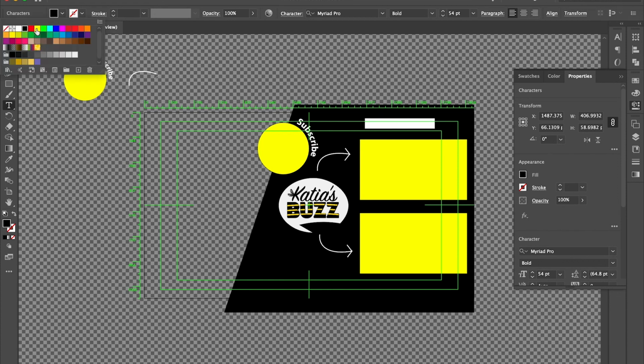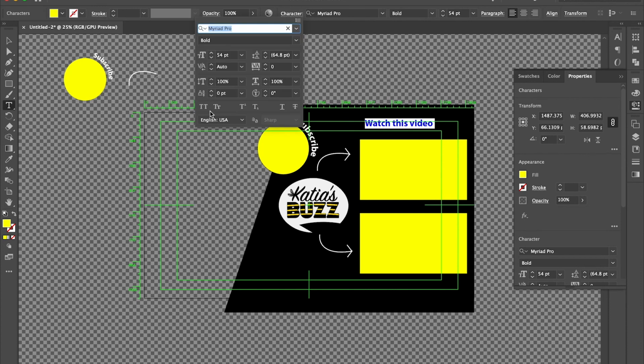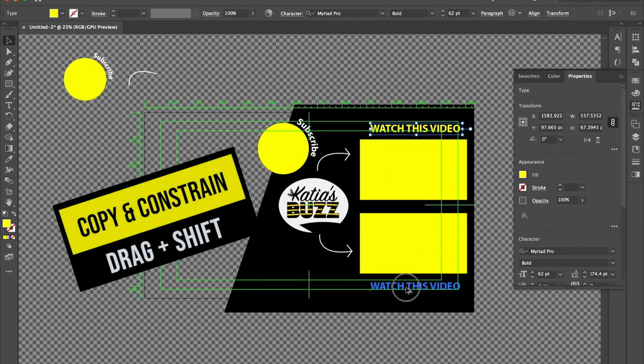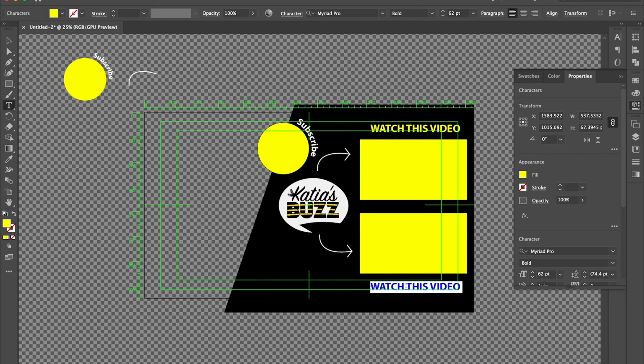I'm going to make it yellow, and make the font in capital letters, and a little bit bigger here. Put it right over here, and then I'm going to press Alt, make a copy, press Shift with my other finger so it stays exactly in the same line, and here I'm going to say